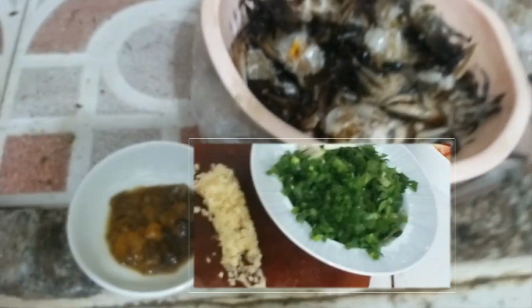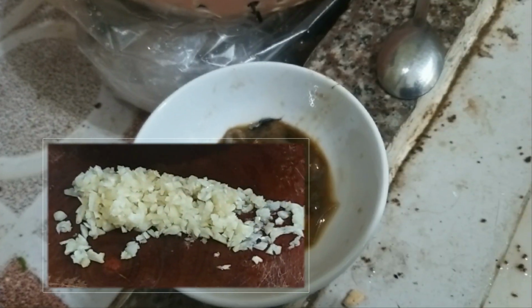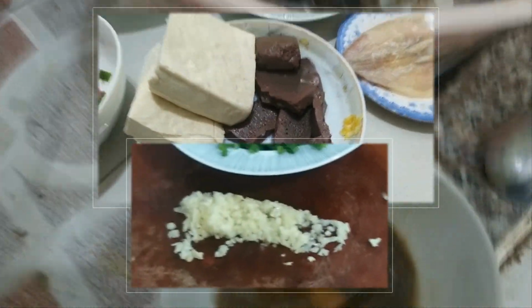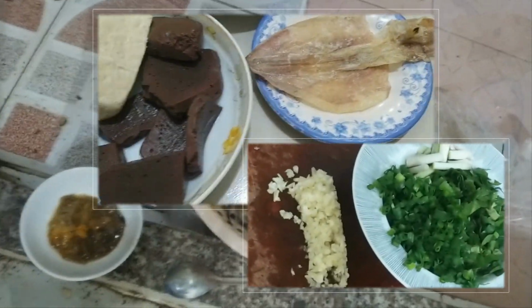Ingredients: 600 grams of cleaned and drained field crabs, scooped out the crab fat into a bowl, 300 grams of sliced catfish, 1 dried squid, 2 pieces of soft tofu cut into small squares, 100 grams of pork blood cut into bite-sized pieces, 4 tomatoes cut into wedges, 3 stalks of chopped green onions, chopped onion heads, 2 cloves of minced garlic,